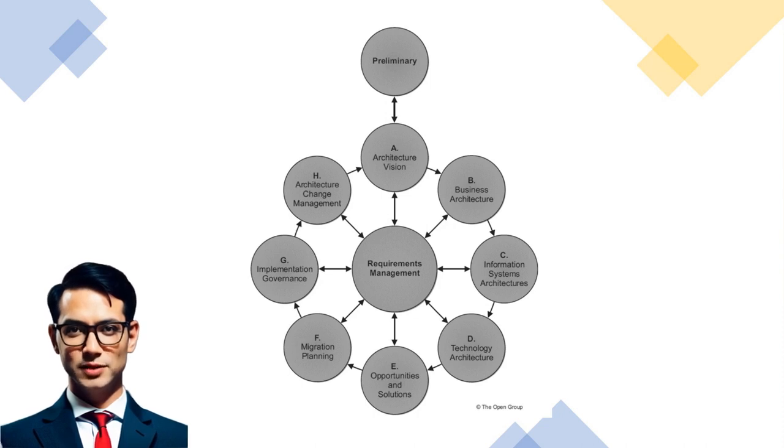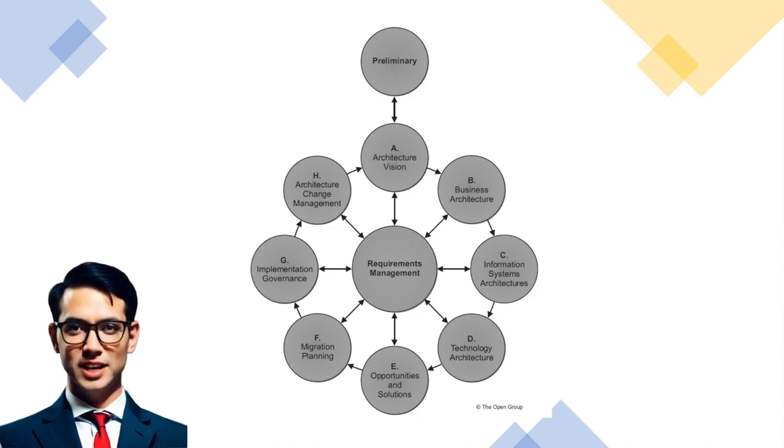In conclusion, Phase A sets the stage for the architecture development process by establishing the necessary groundwork. It ensures clarity on the scope, constraints, and goals of the architecture initiative, and it secures approval for the statement of architecture work. Phases B, C, and D of the TOGAF architecture development method, ADM, play vital roles in the